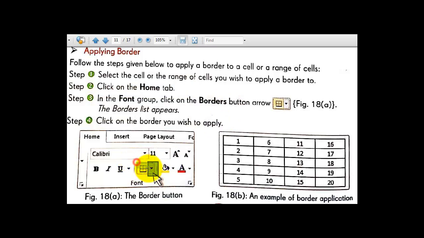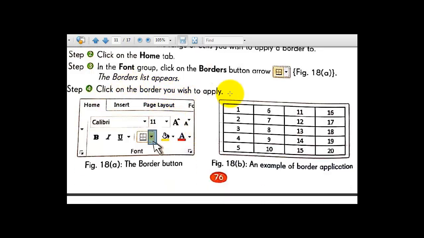This is the border option. Okay, so in the arrow down here you have to just click here. Then after that the border list appears. Click the border you wish to apply. The border list appears. Now you can click on the border you wish to apply.